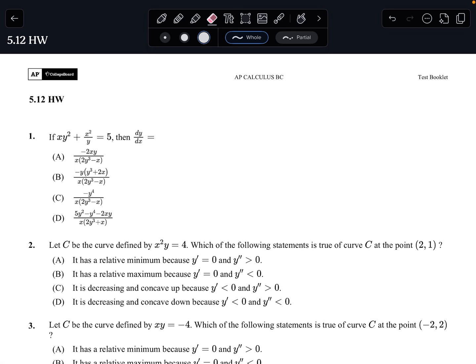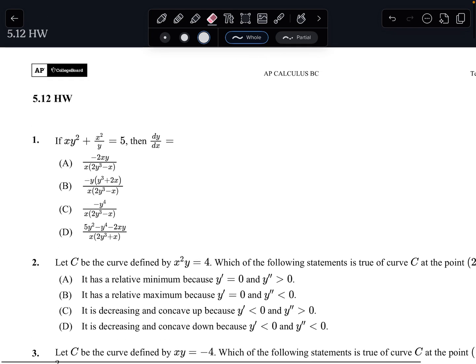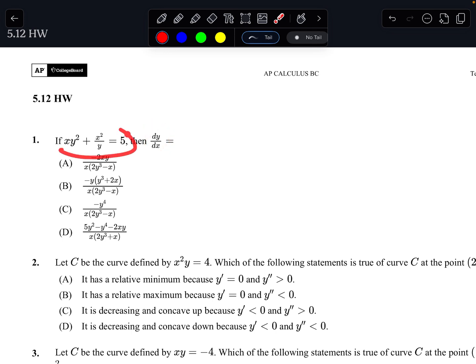Hey guys, I'm going to go over the 5.12 homework, and that's implicit differentiation again. I'm just going to start by, it's asking me to find dy/dx, so just use implicit differentiation, taking the derivative with respect to x, and I'm going to use the product rule. So that's going to be the first, which is x, times the derivative of the second, which would be 2y prime,